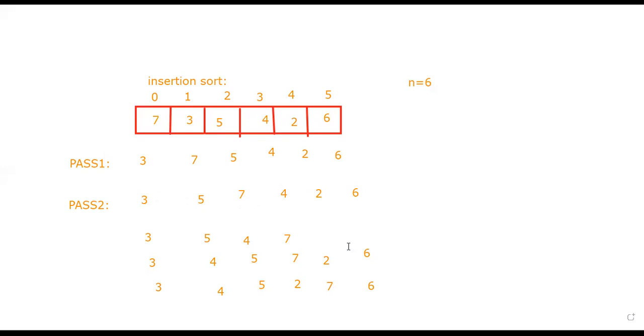There are no two lists physically here, but after every sorting, the elements are saved in a sorted list and the remaining elements are in the unsorted list. This is how insertion sort will execute.